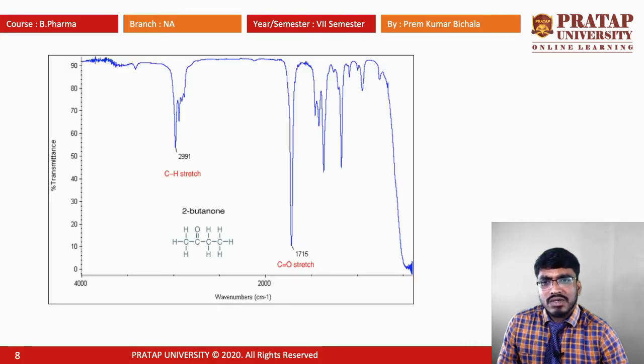So here I give some compounds for quantitative analysis or for your observations.